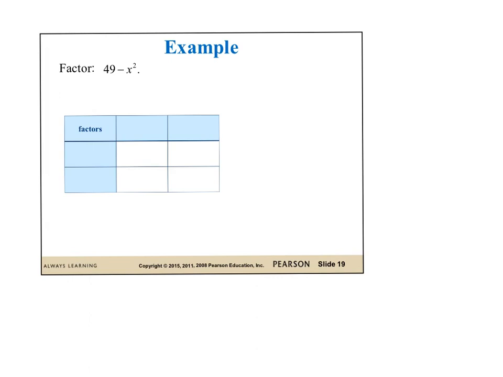I'm going to leave the last example for you. I want you to use whichever method you feel most comfortable with. And I want you to verify for me that the correct answer here, by whichever method you choose, is 7 minus x,